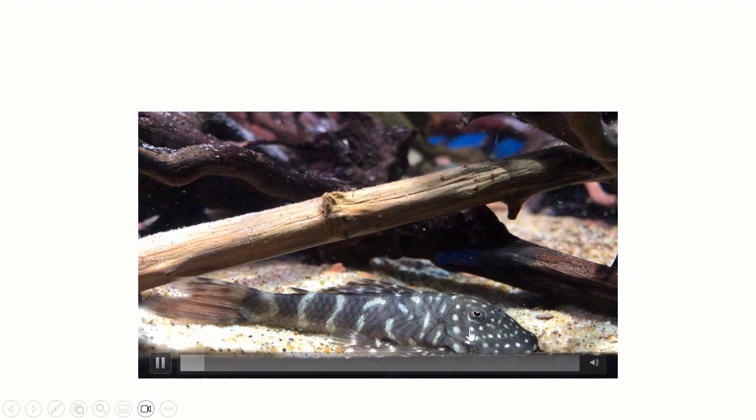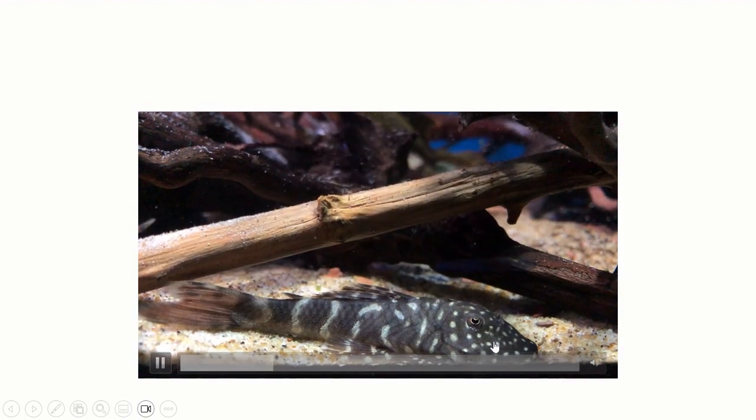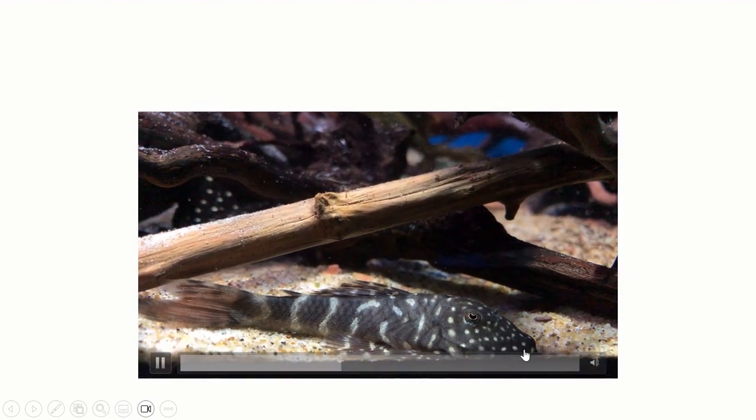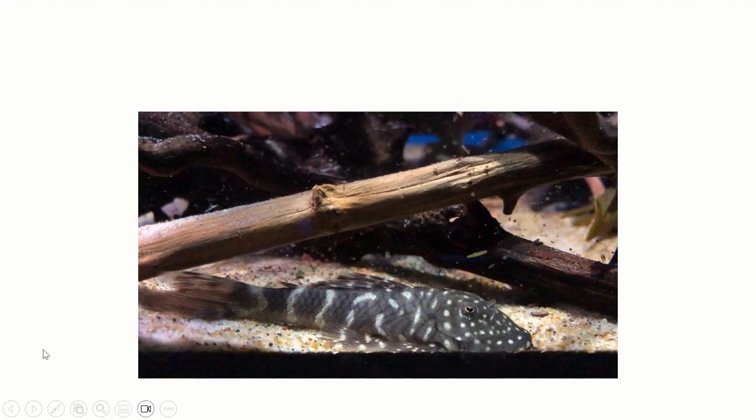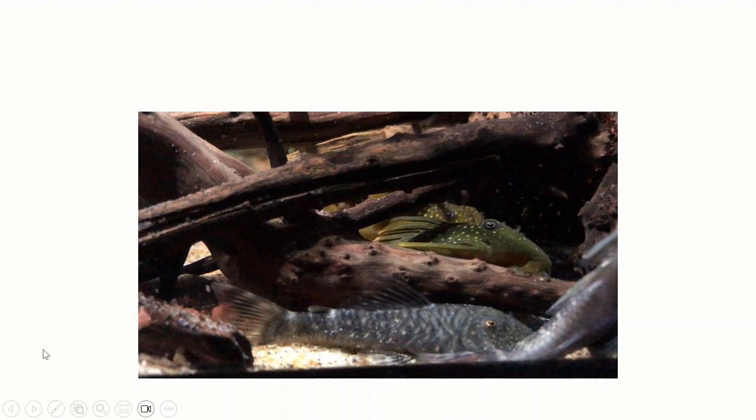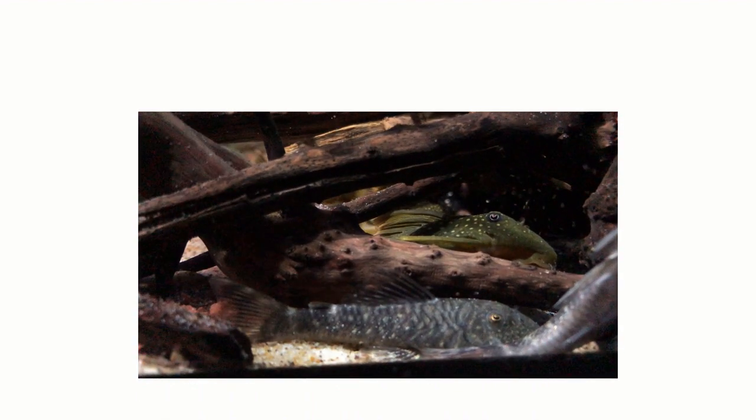Just going to play it. And it's got that soft sort of end to the head, wide head. There is a little bit of variation, but they're quite interesting. This is probably the brightest marked species you'll see. And they do vary in size, so these are one of the smallest ones, but I have seen them up to 30 centimetres or more,